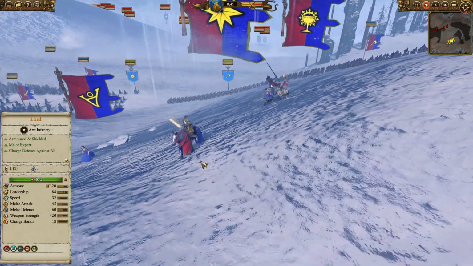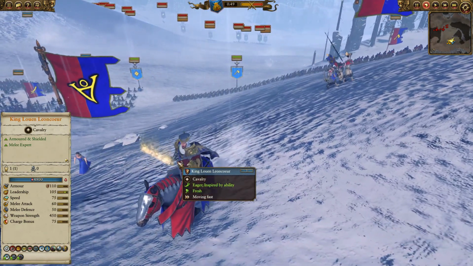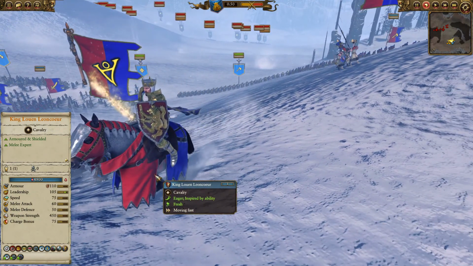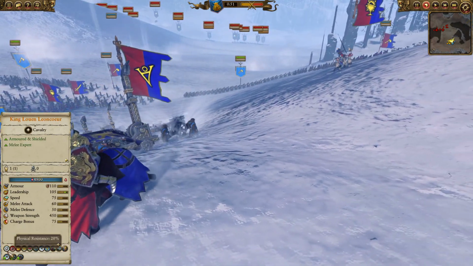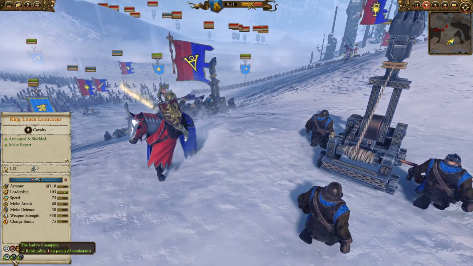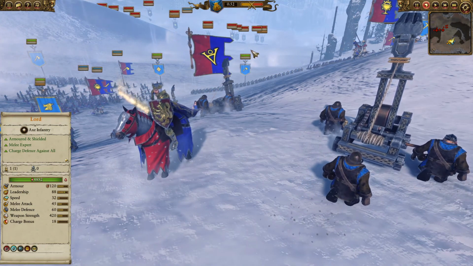And then last but not least, certainly, King Louen Leoncoeur, with almost all of his abilities, he's quite expensive whenever you take the Lion-Hearted. Only on his Barded Warsteed, which gives him decent armor and maneuverability on the battlefield, which is great. He also has, of course, 20% melee, physical resistance rather, thanks to some of his abilities. The Lady's Champion, giving him regen, which is an extremely valuable ability